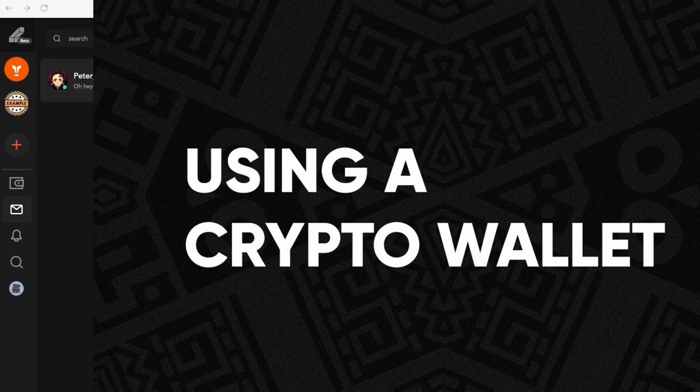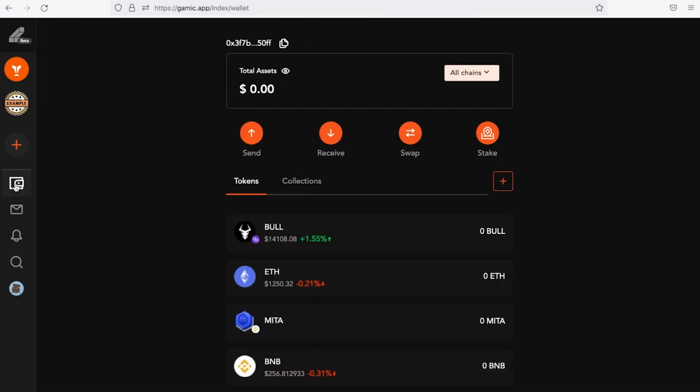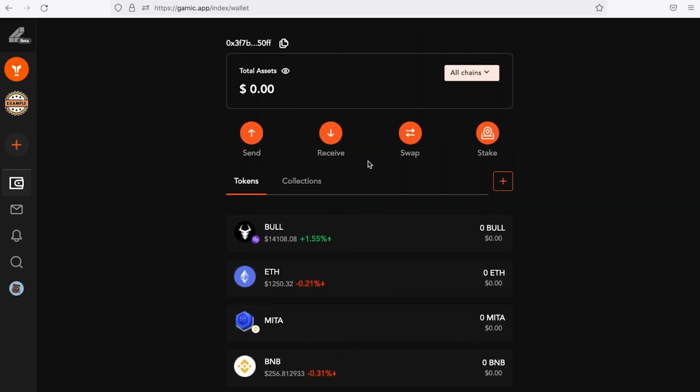The only feature left to discuss in our walkthrough today is Gamic's integrated wallet service. We can access this feature by heading back to the wallet icon. We've included this feature so Web3 users don't have to leave our platform in order to manage their crypto assets. If you opted to sign up with a wallet, it would be represented here through our interface. If you sign up with social media credentials, as we just did, Gamic will automatically create a non-custodial wallet for